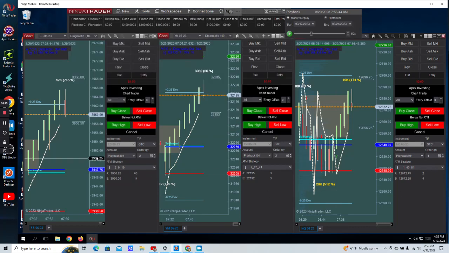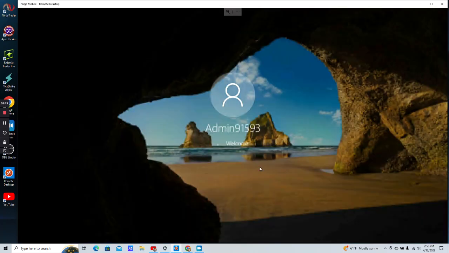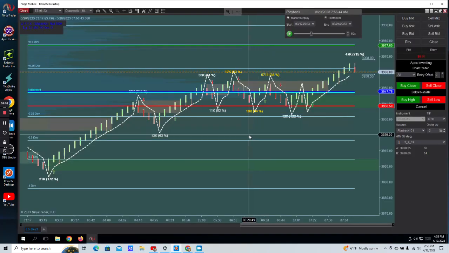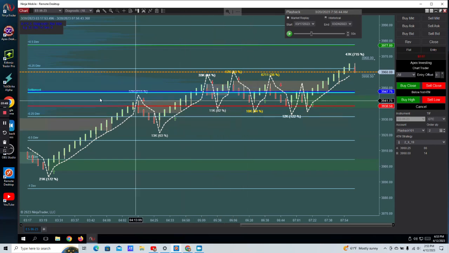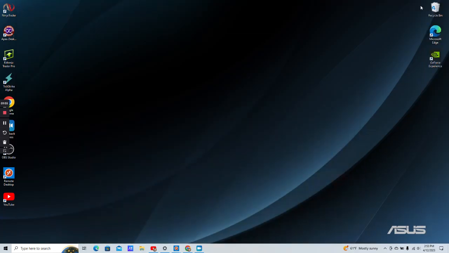So what I have added onto my charts is the chart trader. That helps me with my limit orders getting into the trades. So we'll just open up ES. Here we go. So I'm on my NinjaTrader remote desktop. That's what this is loaded on. If I minimize it,